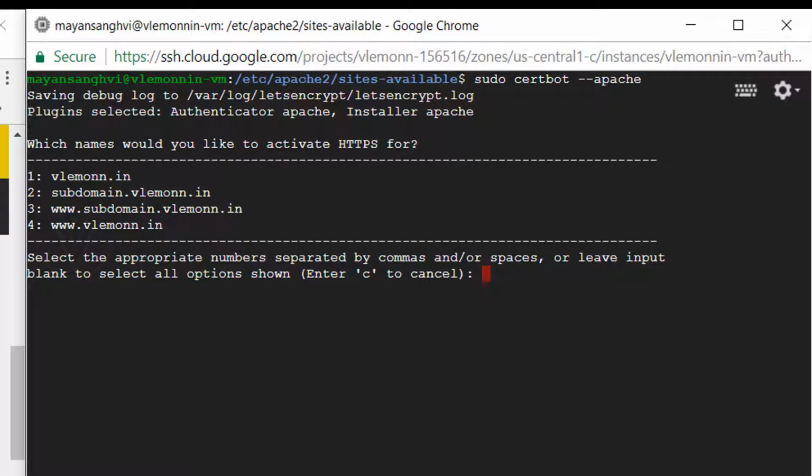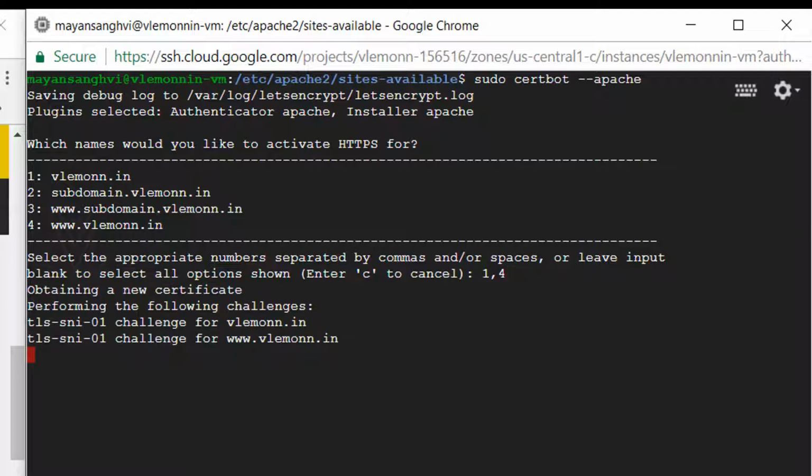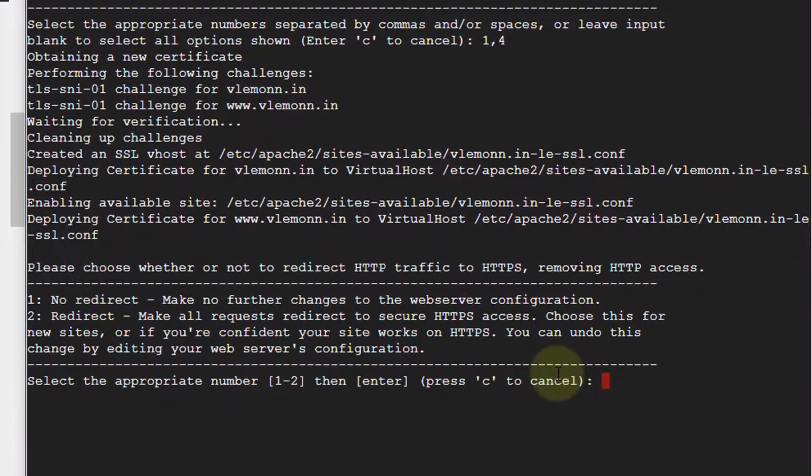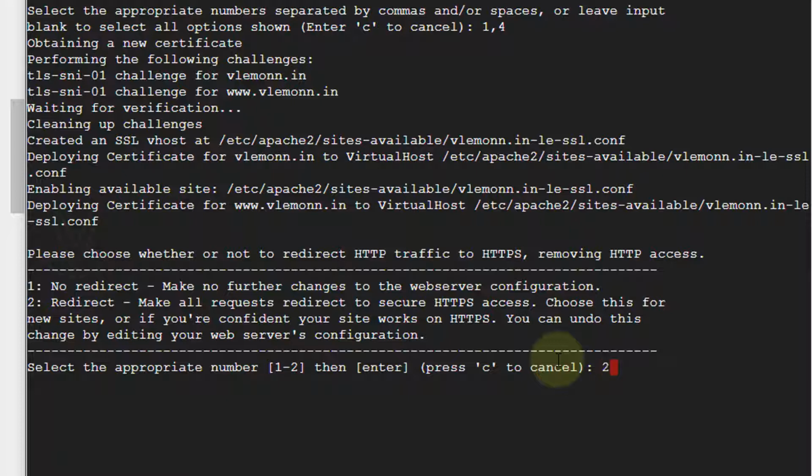For installing the SSL certificate only for our main domain, I'm going to select 1, 4 and then enter. Obtaining new certificate for our vlemon.in, everything is fine. Yes, definitely I want to redirect my